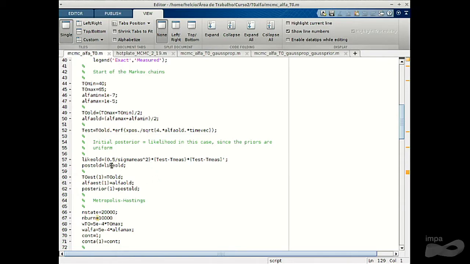Then I compute the likelihood, okay? Since I have the temperatures, the estimated temperatures, and I have the measurements, I can compute the likelihood. Actually, I'm only computing here the exponent of the likelihood, okay? And it also misses a minus sign here. So what I mean is that